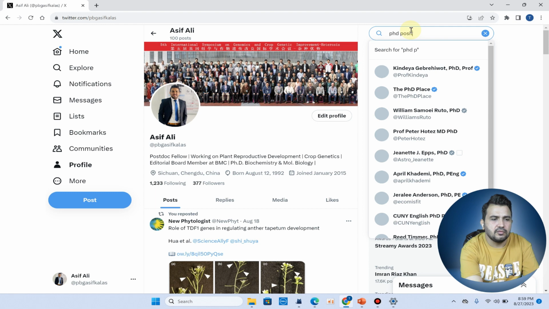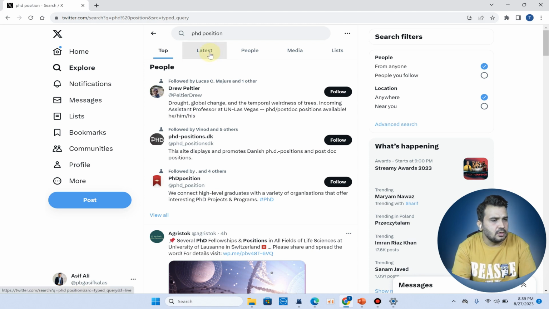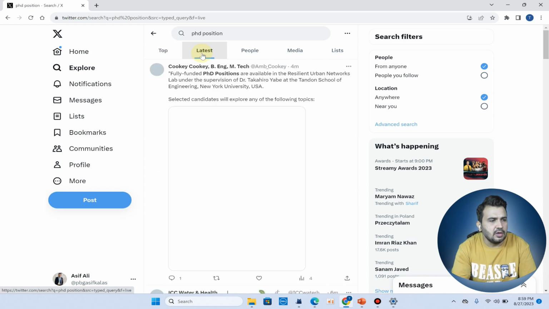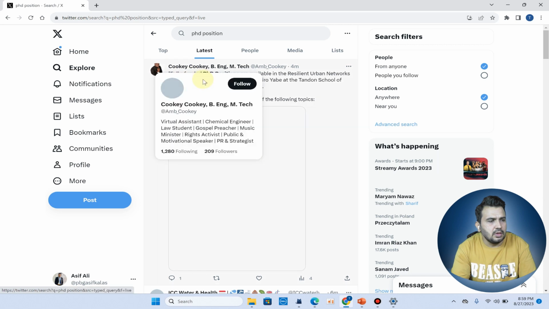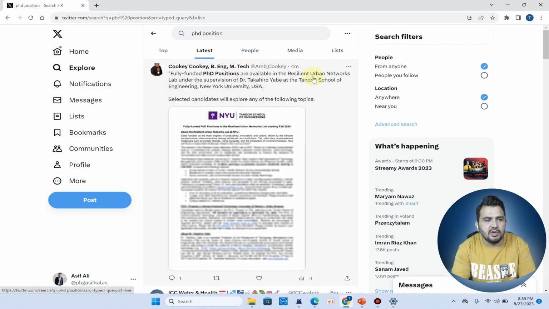After you search this PhD position, you can go to the latest tab, and here you can see this scientist has published that fully funded PhD positions are available in the resilient urban networks.